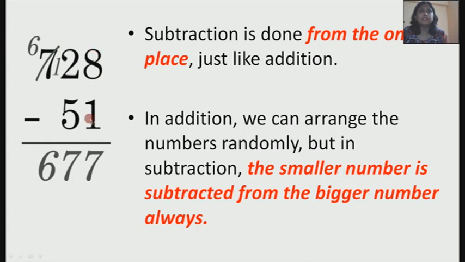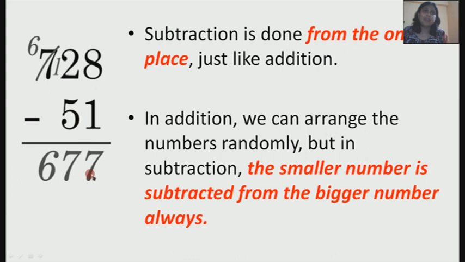But in subtraction, the smaller number is subtracted from the bigger number always. This is a very common mistake that happens with children. So please be very careful to write the bigger number on top, the smaller number below it, and then do